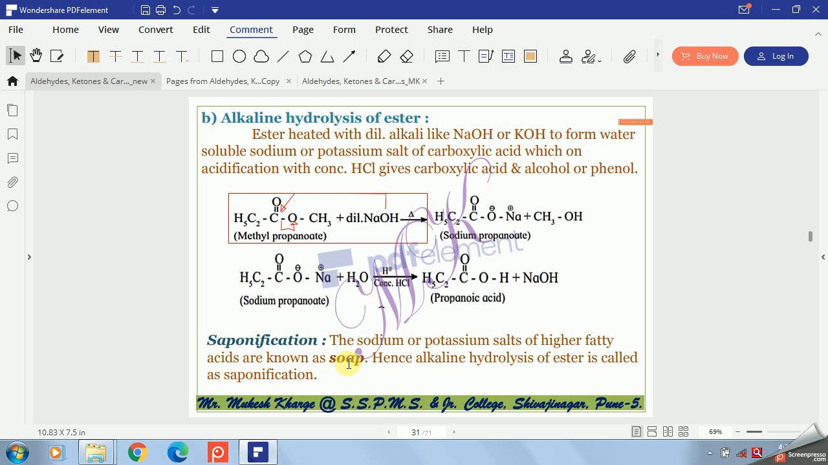So in saponification, it mainly contains a higher number of carbon atoms in your alkyl group, then it is called a fatty acid, and the sodium or potassium salt of a higher fatty acid is known as soap. Okay,